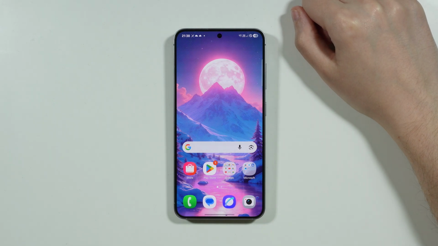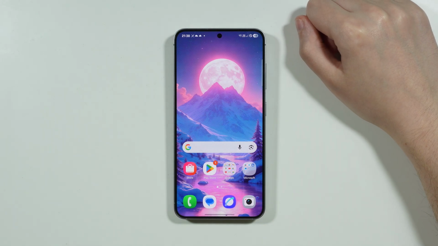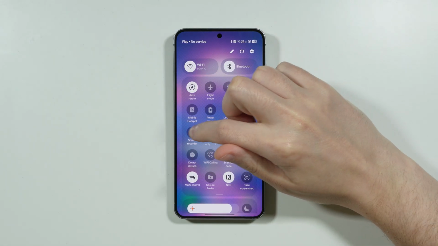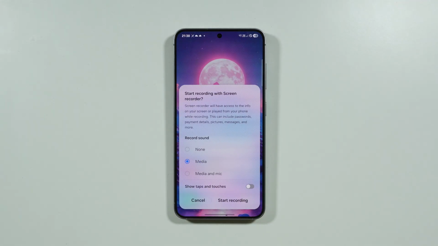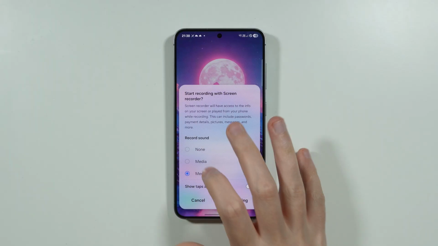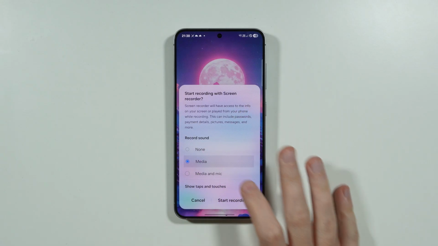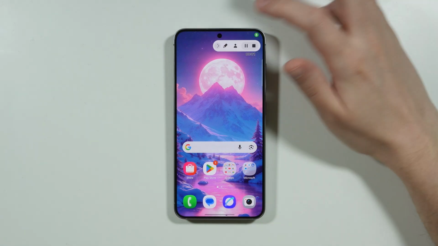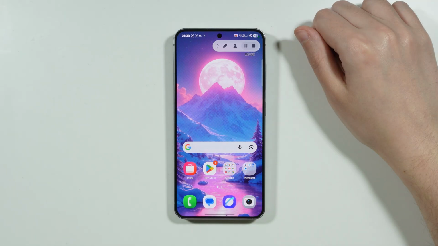Let me show you how we can enable and disable microphone for screen recorder on Samsung Galaxy S26. So if you try to start recording the screen, you have the option to activate the microphone if you choose media and mic, and if you don't want to use the microphone, you can use either media or none. And of course, once you start recording, then there is pretty much no way to quickly turn on or turn